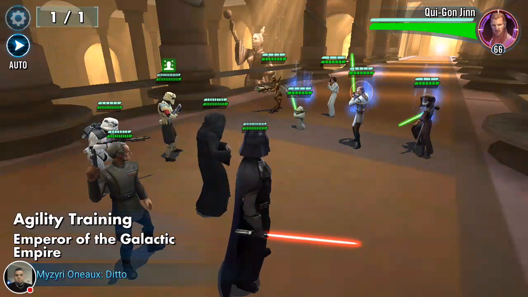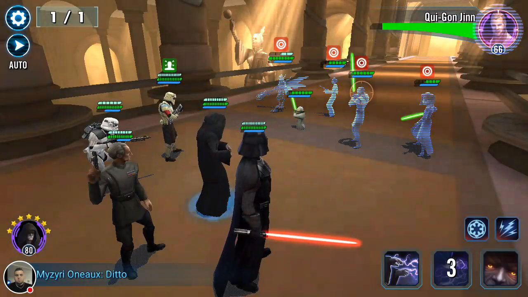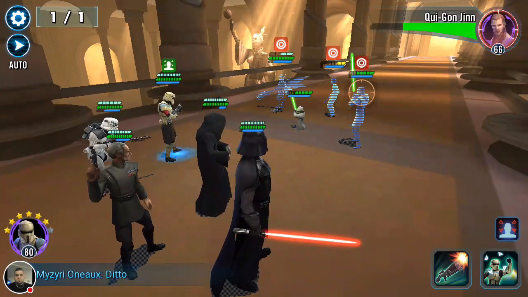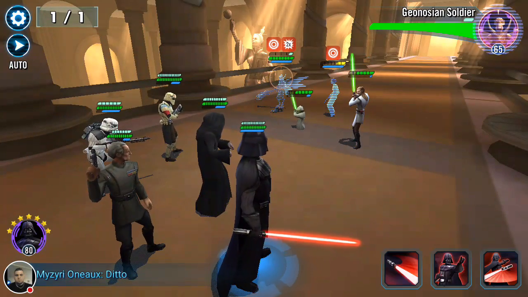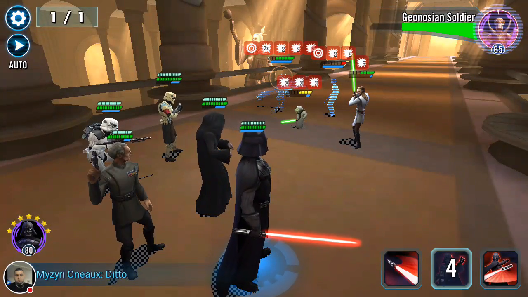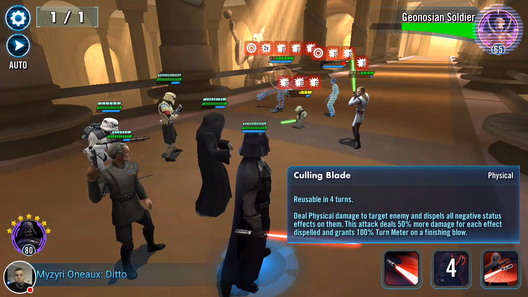Alright, so let's go ahead into battle here. First, we should get a chance to go with Palpatine here. I'm going to go ahead and stun everyone. Oh, Palpatine gets to go again, so we're going to go ahead and take somebody out here. Let's do a basic over here with Shore Trooper. Now we're going to use Vader's AoE attack here. You can see all the dots. That was Force Crush. Now we're going to use his second special ability here, Culling Blade, on Geonosian Soldier,